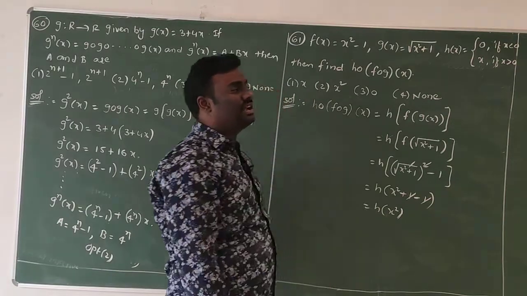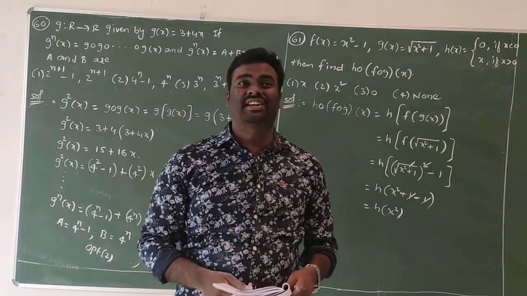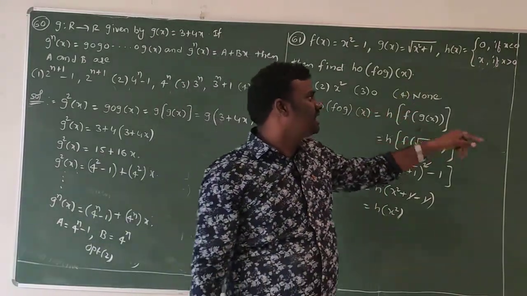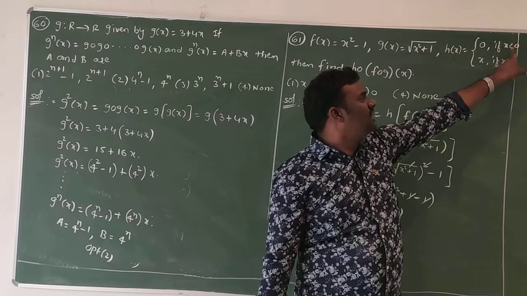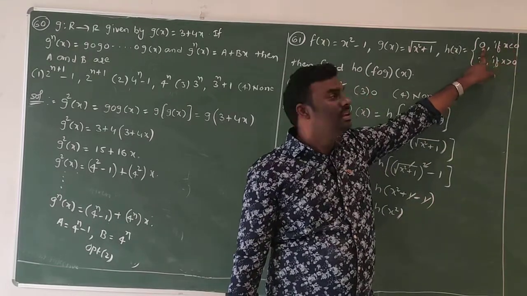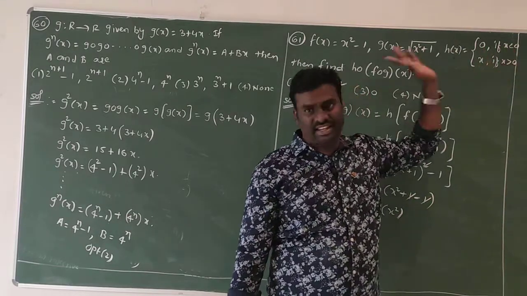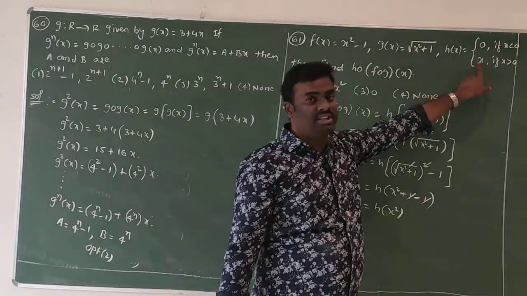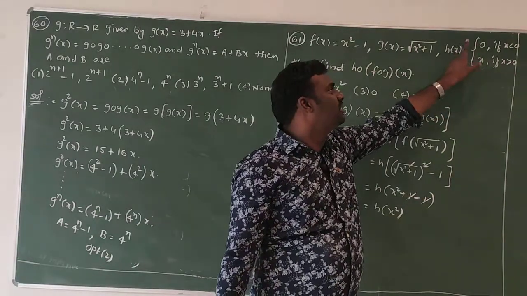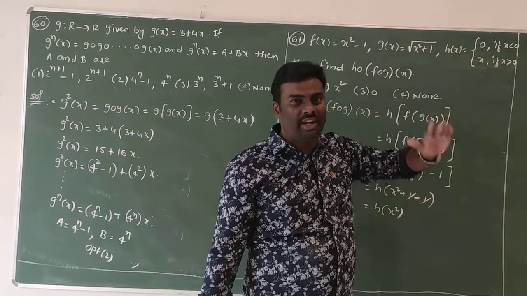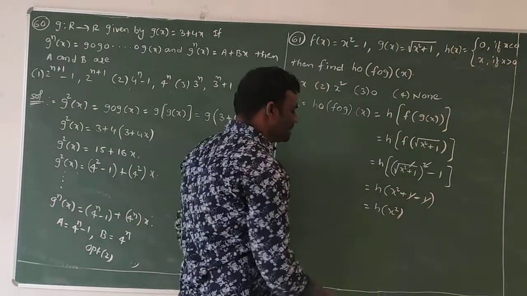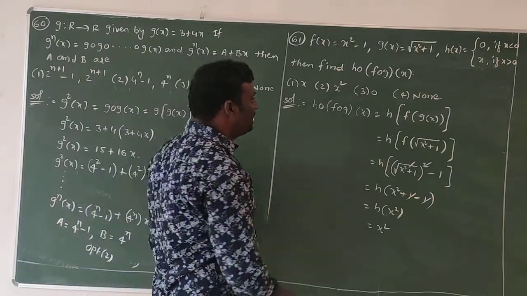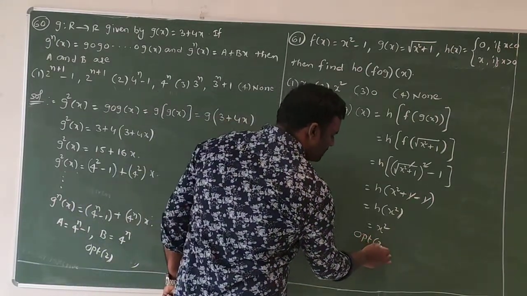See, here square is there, which means the function can't be negative, either it is 0 or positive. But the h function is given with 2 conditions: if x value is negative, answer 0, if x value is positive, answer x. But here this is positive. Now we need to satisfy the second condition. What is the second condition? h of x is equal to x, h of y is equal to y, h of x square equals x square. So this is the answer for this question number 61, that is nothing but option 2 is the correct answer.